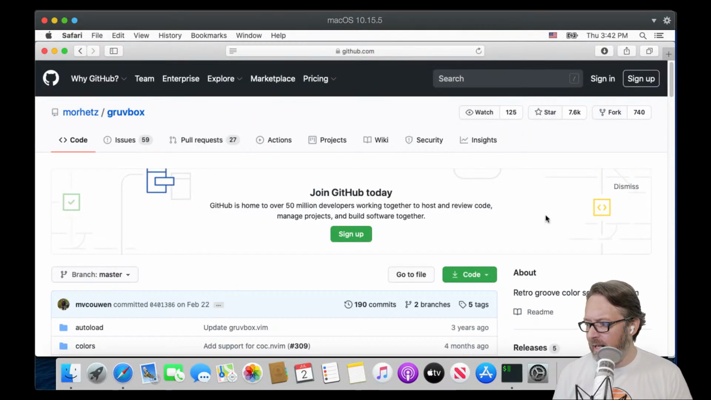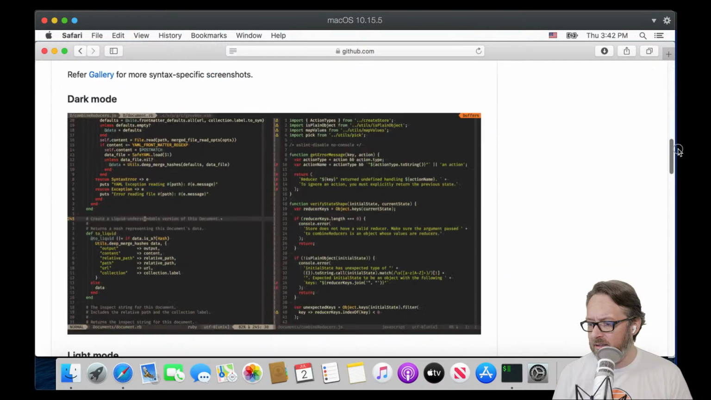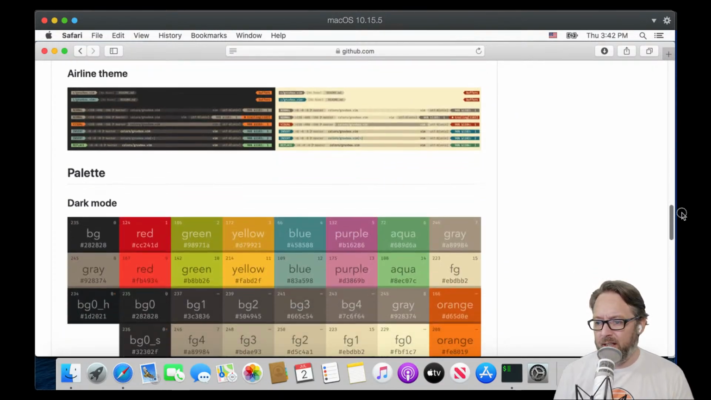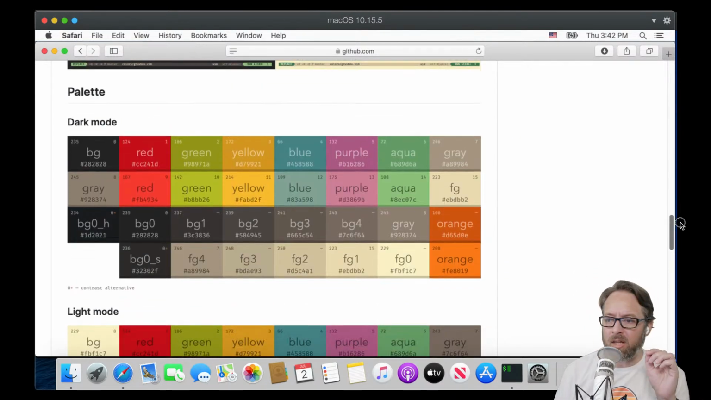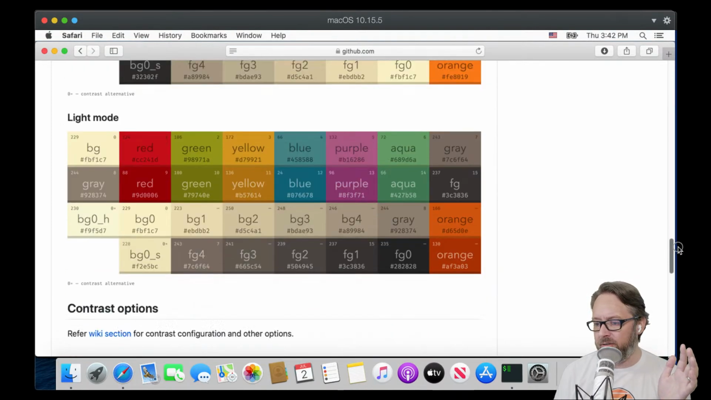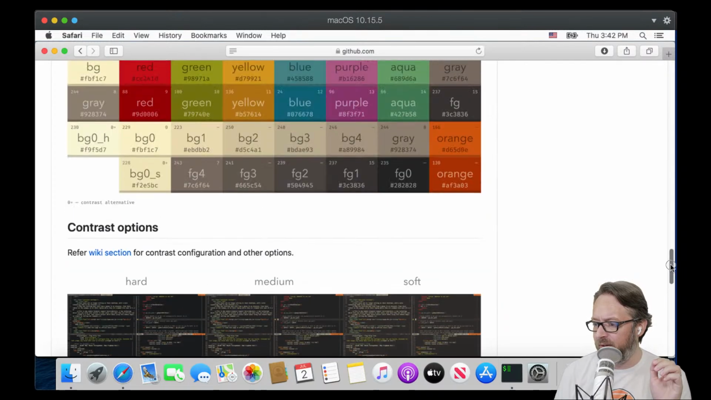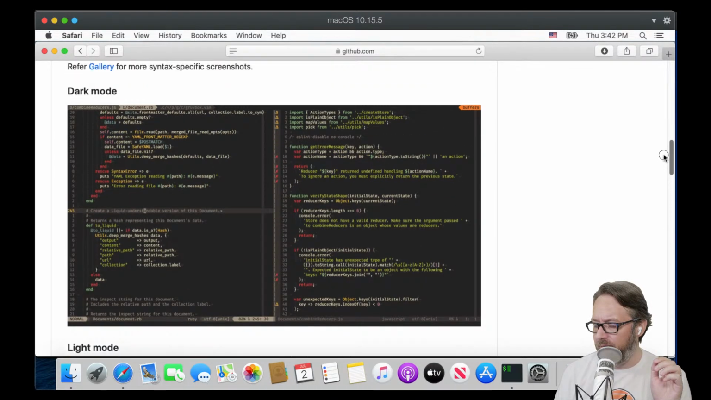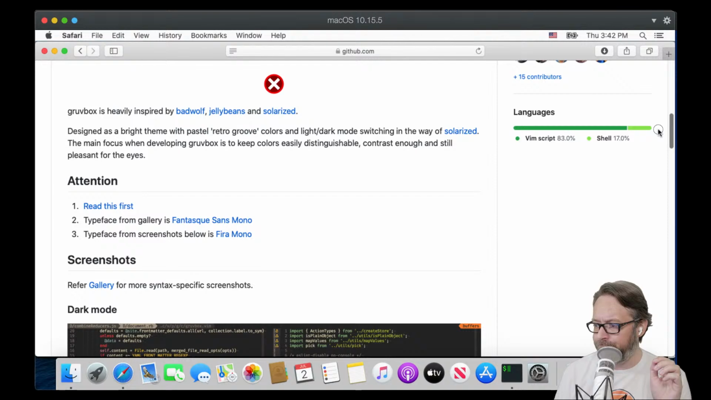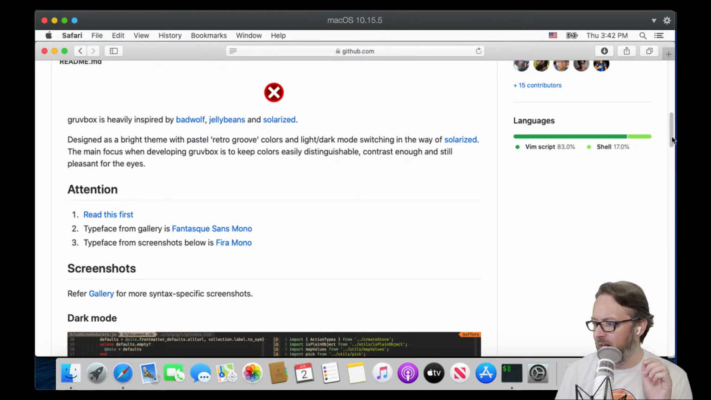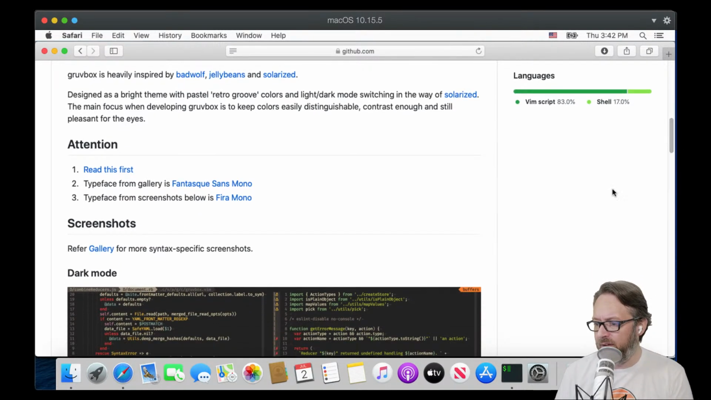And it has the theme colors. It has light and dark. That's why I really like it, because the palette has light mode and dark mode. There's contrast options. We can do hard, medium, soft contrast. So it's very professional. It's got all the features essentially. And then, if you go and you find